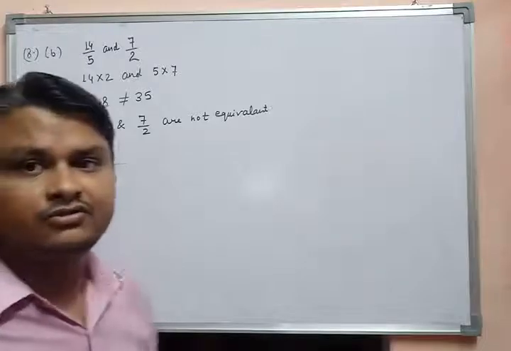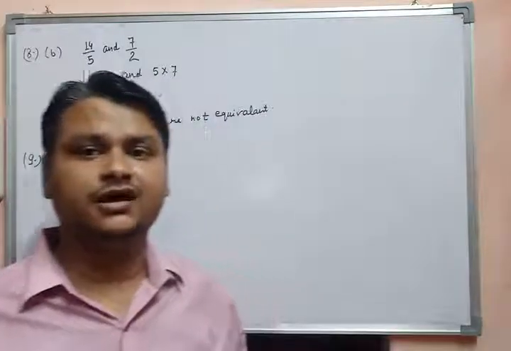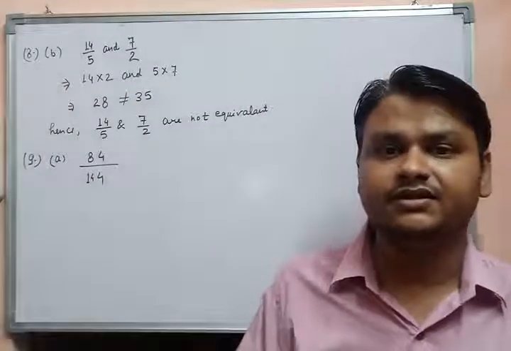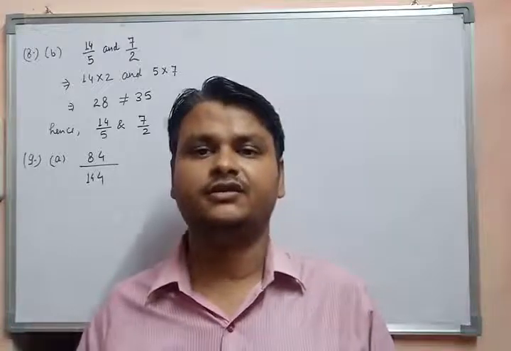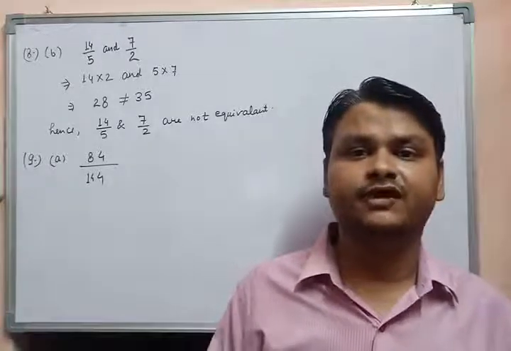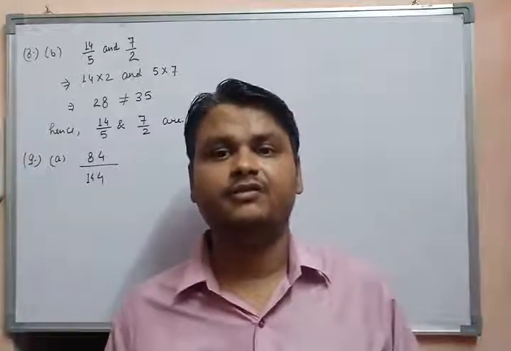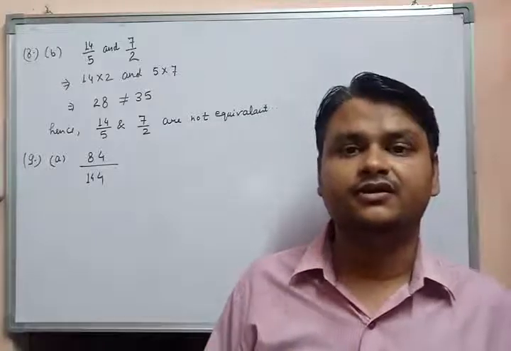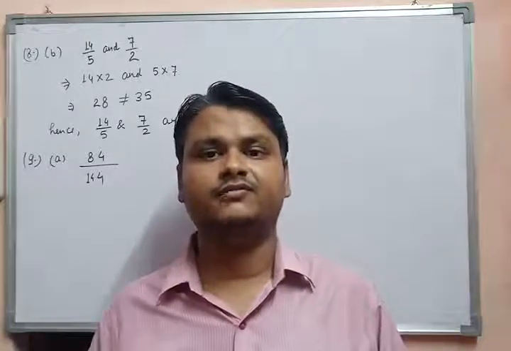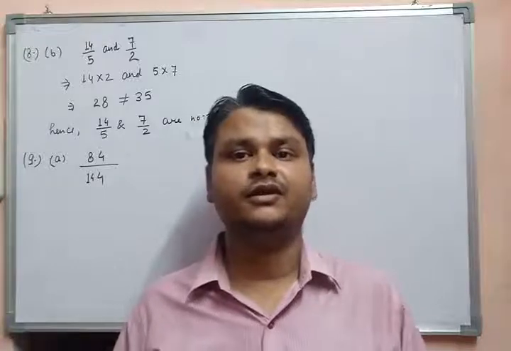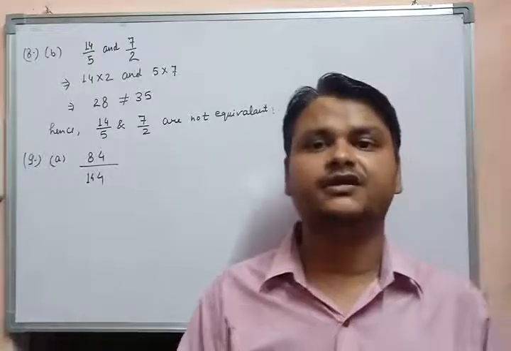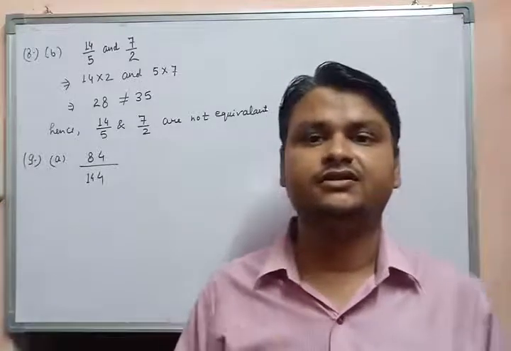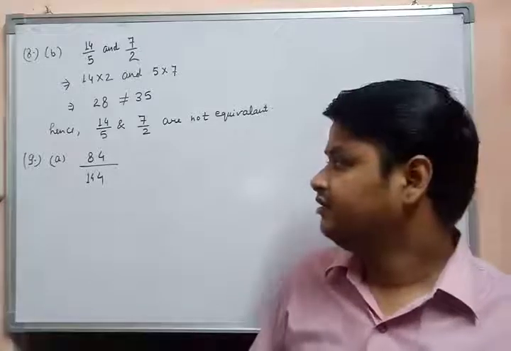standard rational number. So students, I have given the concept of standard rational number in the previous video, that if you want to find the standard rational number for any rational number, then first of all you have to make the denominator positive by multiplying both the numerator and denominator by -1, and after that you have to find the highest common factor of both the numerator and denominator. Then you will divide the numerator and denominator by this highest common factor. Then you will get the standard rational number of that rational number.